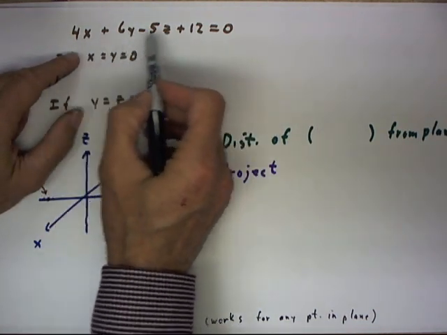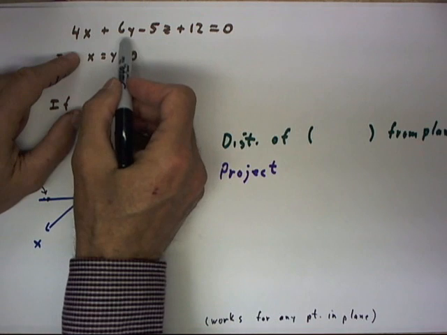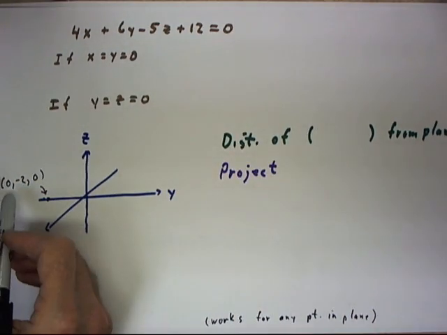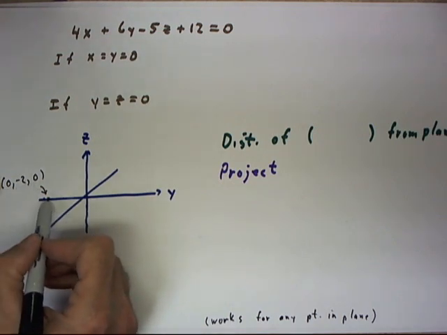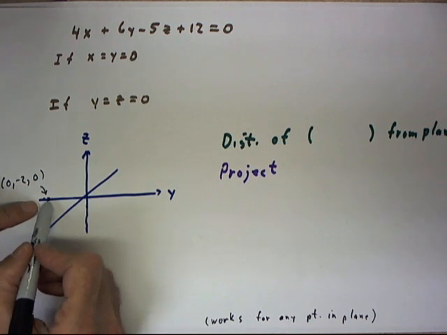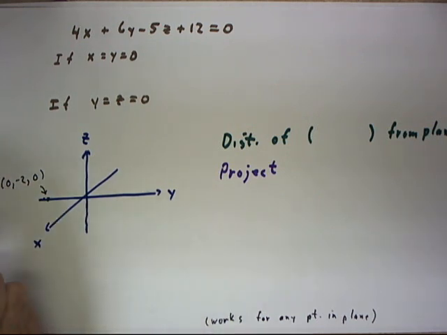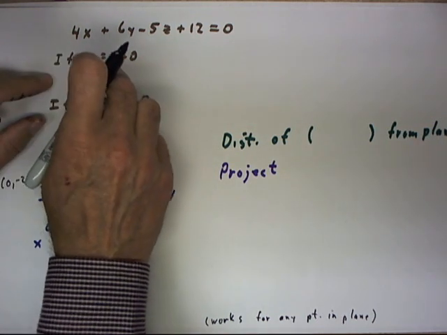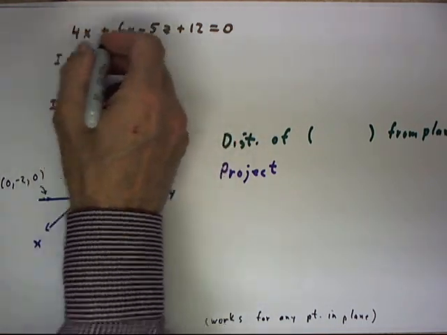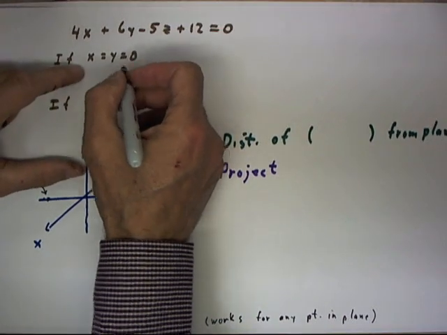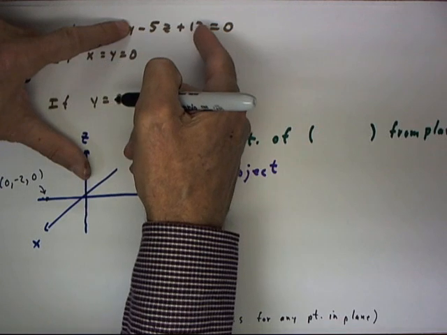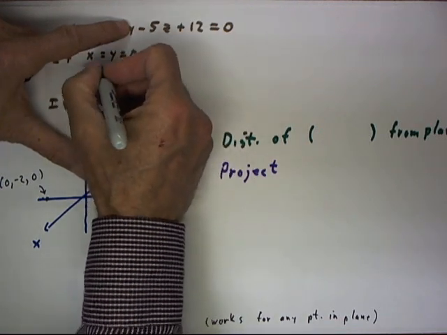Still using the equation of the previous discussion, 4x plus 6y minus 5z plus 12 equals 0. Recall that we determined that the point 0, negative 2, 0 does lie on this plane, and here's that point along the negative y-axis. If x equals y equals 0, what do we get? Well, not going through the details of the equation, it should be clear that both x and y are 0, so we get negative 5z equals 12, so that